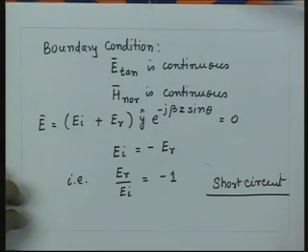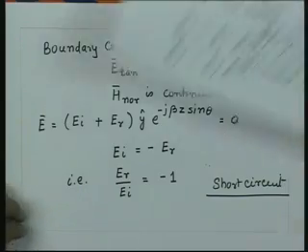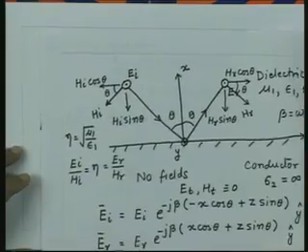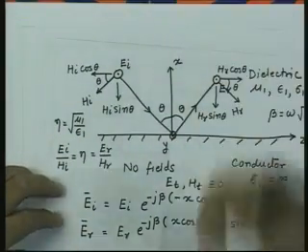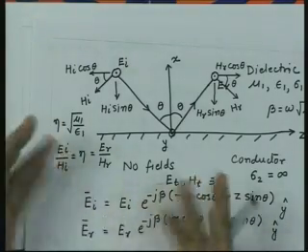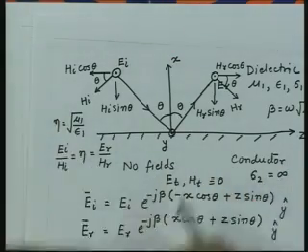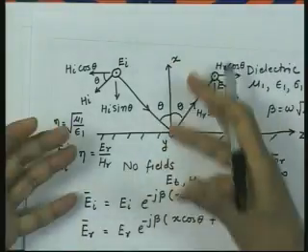Once we get that, then other analysis is very straightforward. You substitute now this value of electric fields into the expression for the electric and magnetic fields, and now ask what is the total field which will be existing in this medium, because there is nothing much to find out about the transmission and reflection coefficient. The reflection coefficient has become equal to minus 1, and there is no energy gone to the second medium. So, finding out the reflection and transmission coefficient is a very simple problem in this case.